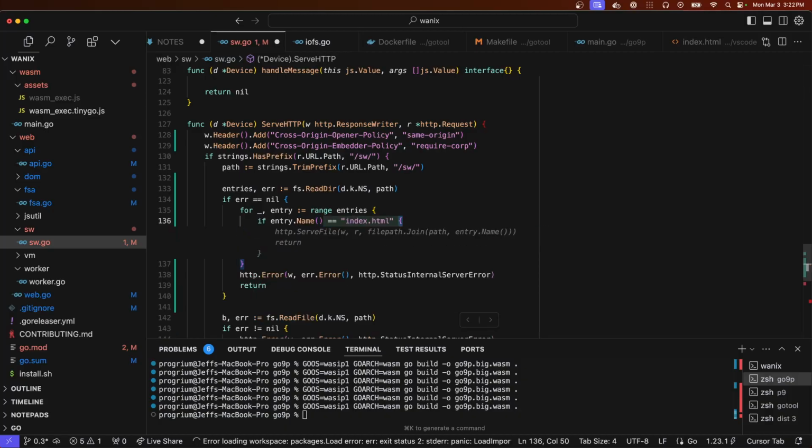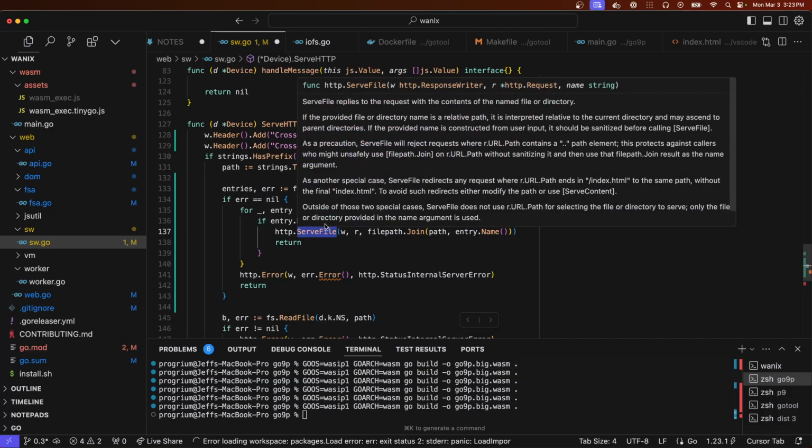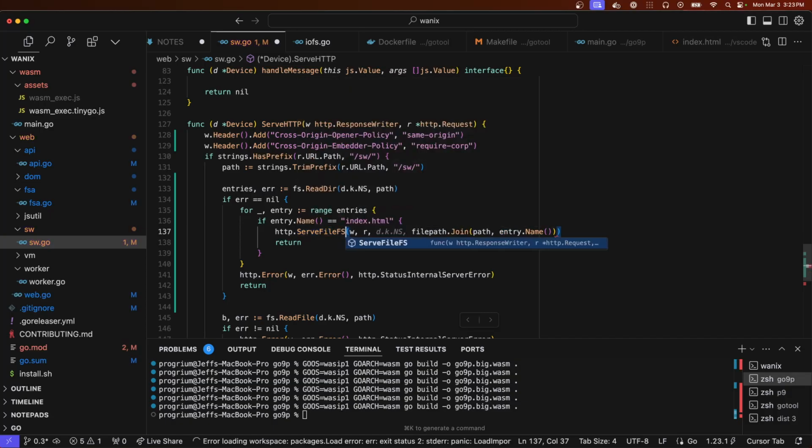How did it know? Path, is that correct? Serve file. No, this is not correct. If there is a file system version, then that will work.